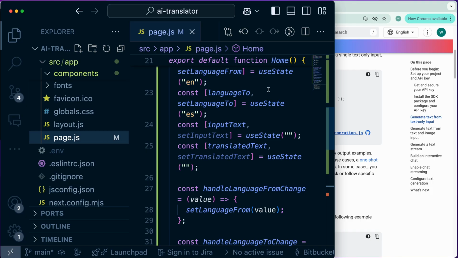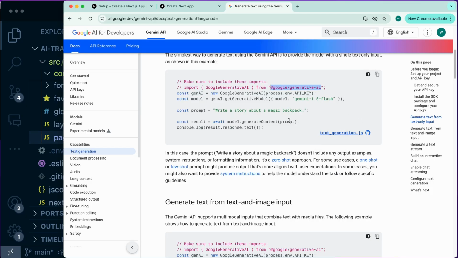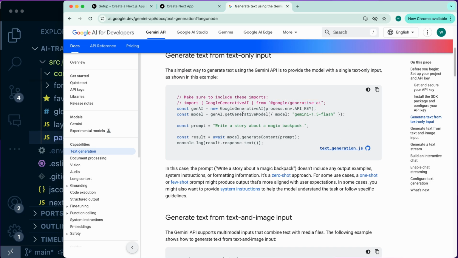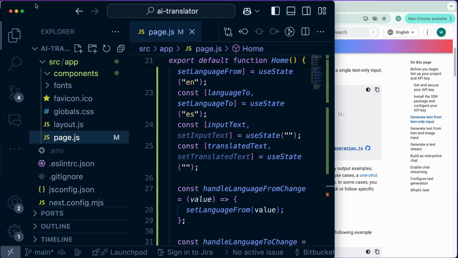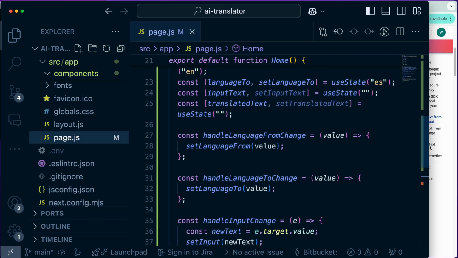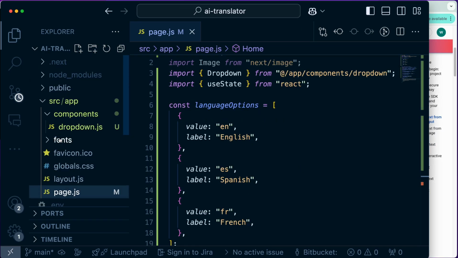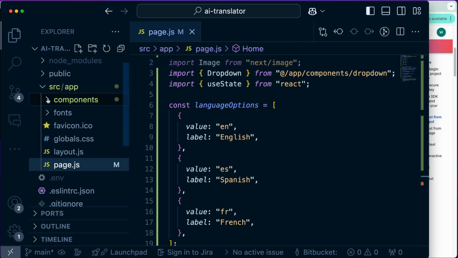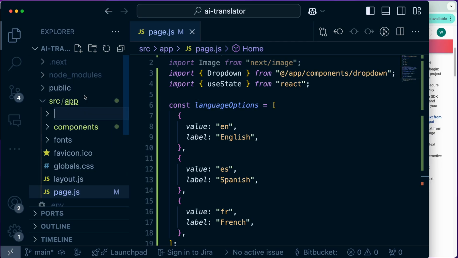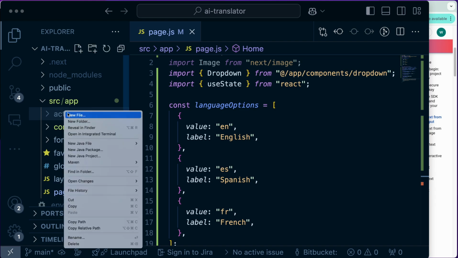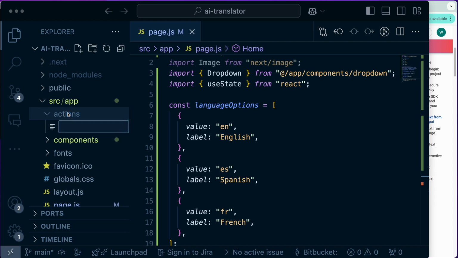So we're gonna create a server action because we want this to happen on the server side, because we don't want our API key getting exposed to the client side, and usually for interacting with the API, it is a better practice to do it on the server. And the way we do that is that we can, inside the app folder, create a new folder only for the action, so that we have these two separated,